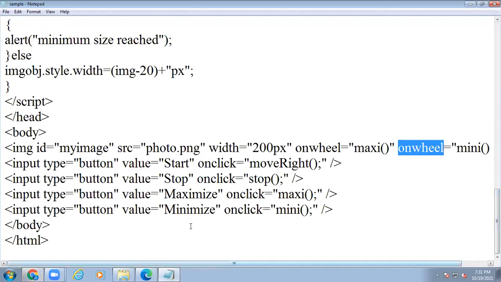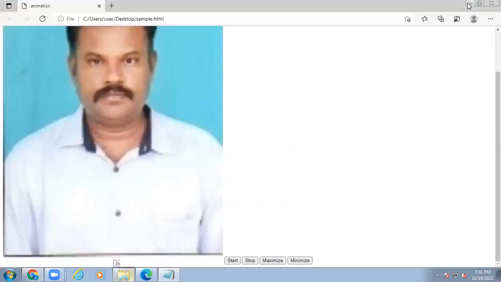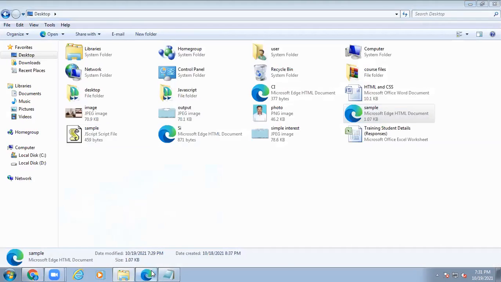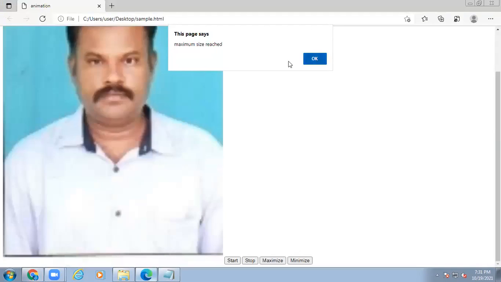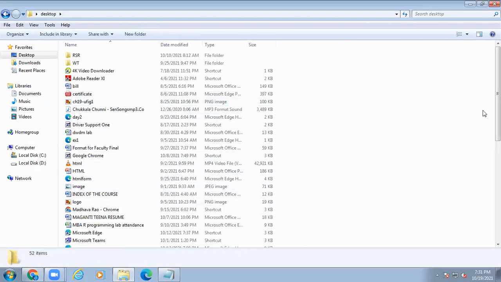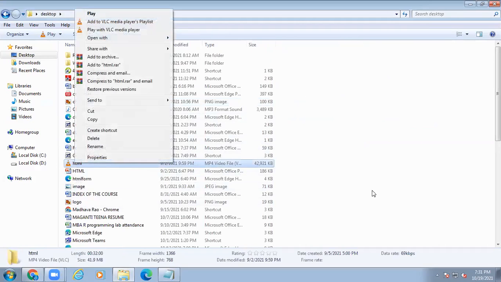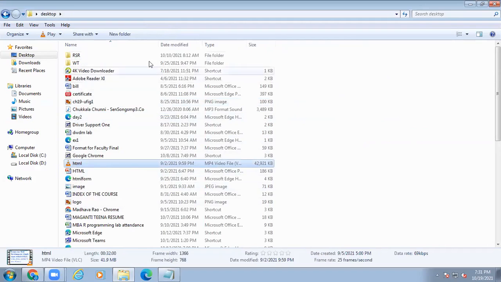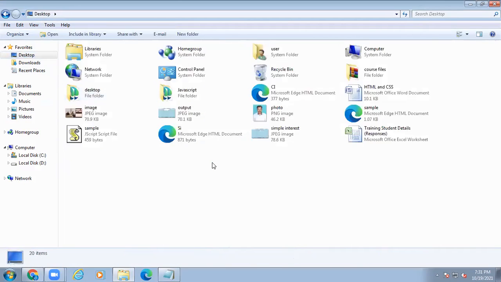Before that, we have to place a particular video into the web page. Here I want to specify any video. I want to copy it here and paste it into the desktop.